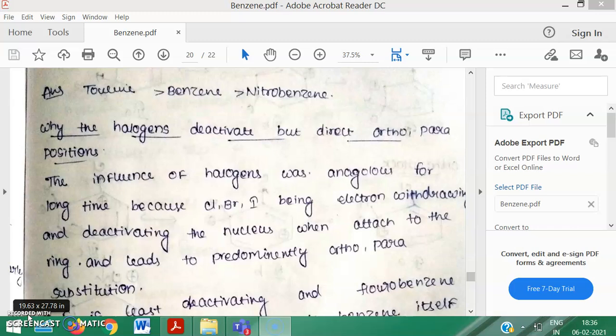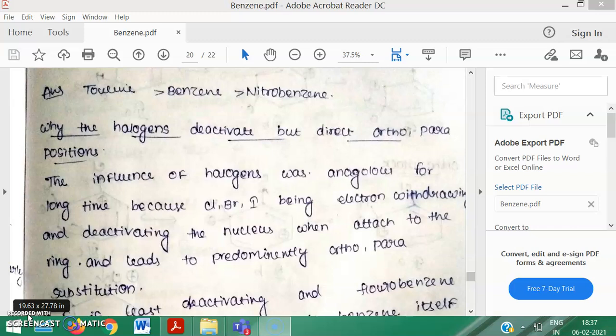So why do activating groups like OH and NH2 direct ortho and para? When electrophilic substitution takes place on the benzene ring, the positive charge of the arenium ion comes on the carbon which is attached to the activating group. An activating group like methyl directly gives electrons to that carbon by the inductive effect, whereas in the